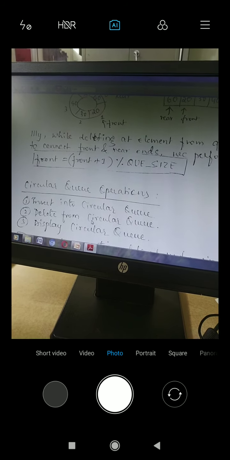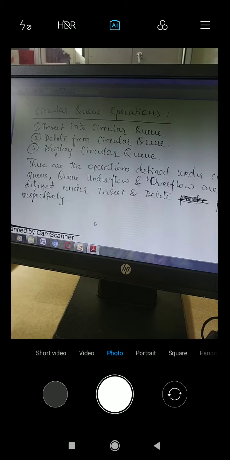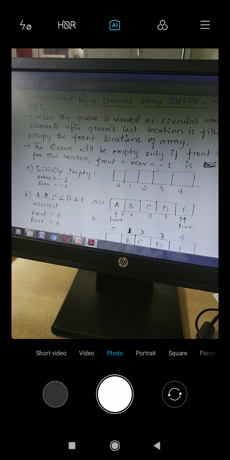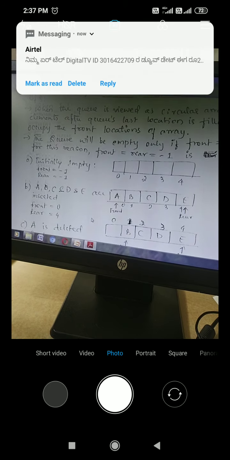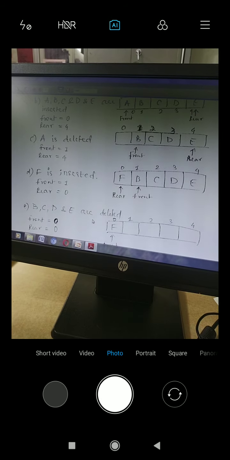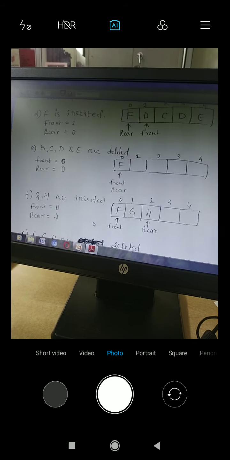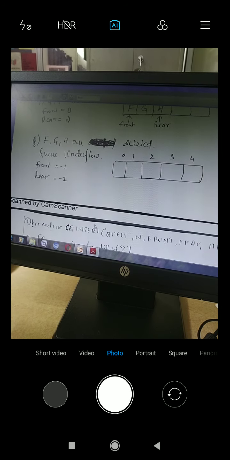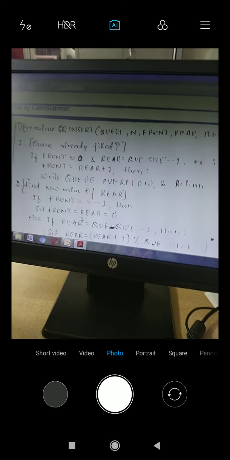Next, the circular queue operations. Which operations can we perform? Insertion, deletion and display operations. These are the operations we can perform on the queue. See here how we perform the insertion operation. Initially, the front and rear values are -1. As you go on inserting elements, they will be stored. If I delete elements, I can use the mod operation to reuse that space. See the diagram: here I can insert at the 0th location. Like this I will perform the insertion operation. If both the front and rear values are -1, then we say it is underflow.